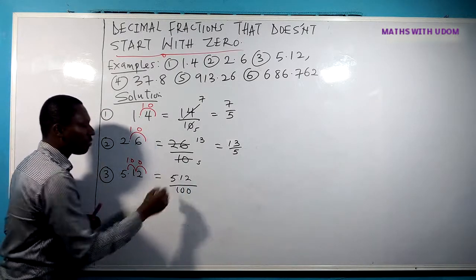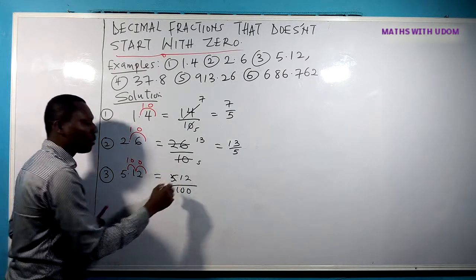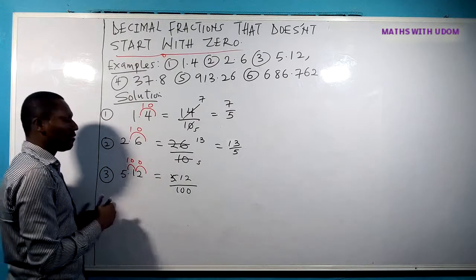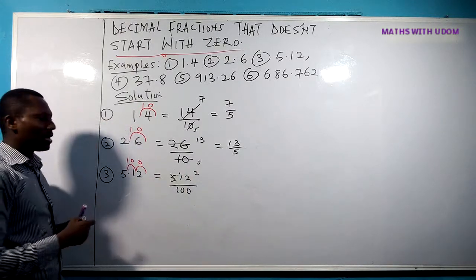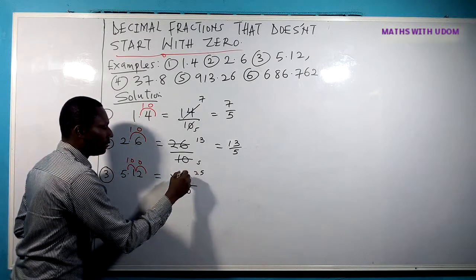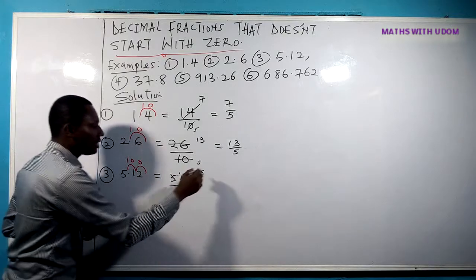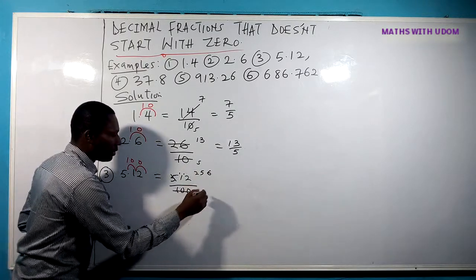What is the common factor between 512 and 100? 2 can go. 2 in 512 is 256. 2 in 100 is 50. So we have